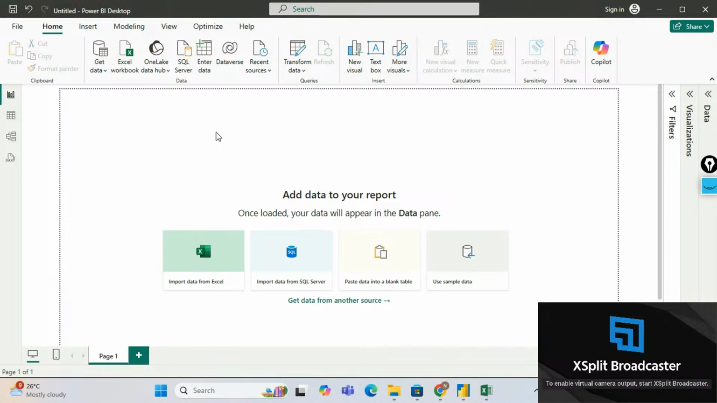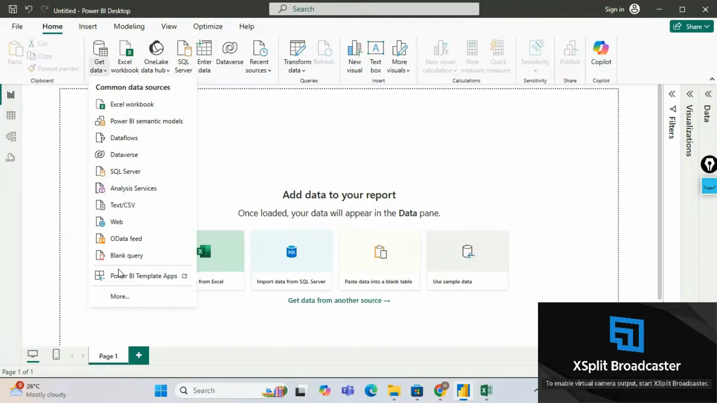So how to load data into Power BI Desktop is the question, the first step. Under the Home tab, you see the Get data option. Yes, Akhil. Just click on this drop-down, an arrow mark pointing downward. If you click on the drop-down, you'll get multiple options, because you cannot say every time the data lies in an Excel workbook,